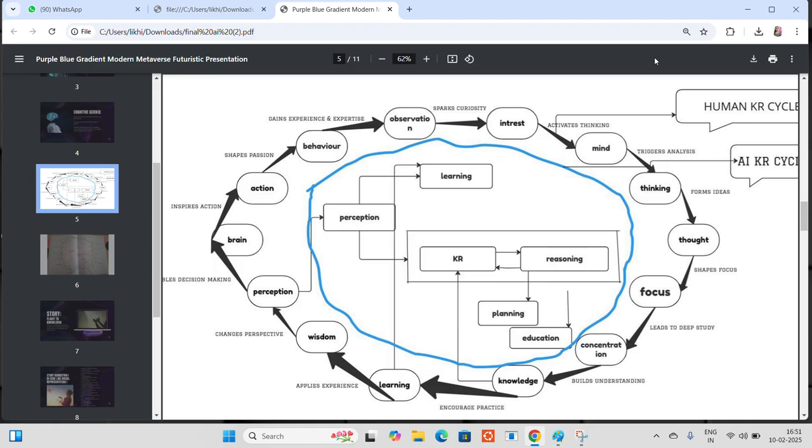She applied that knowledge in a practical implementation by preparing paper planes. That comes under learning. Learning is something where we implement what we have gained in our knowledge. So after learning, she got some wisdom about how wind force is applied and how the direction of the air works, everything. She got some wisdom.